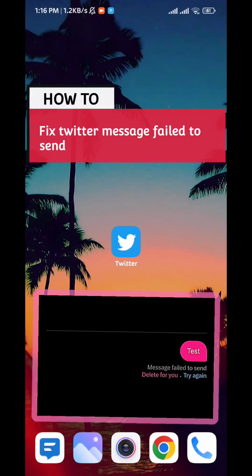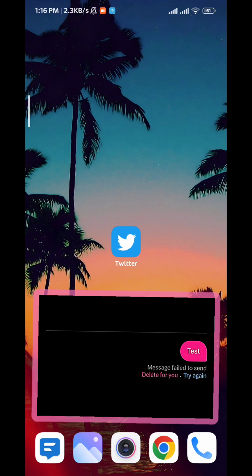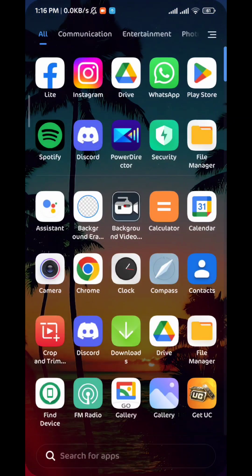How to fix the Twitter message failed to send problem, the one on the screen right here. Follow up with me and you'll see exactly how to do that. So first we start by going to your settings